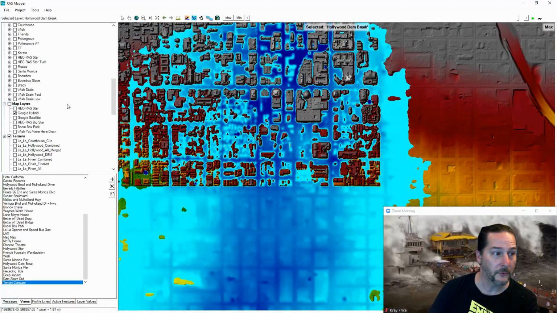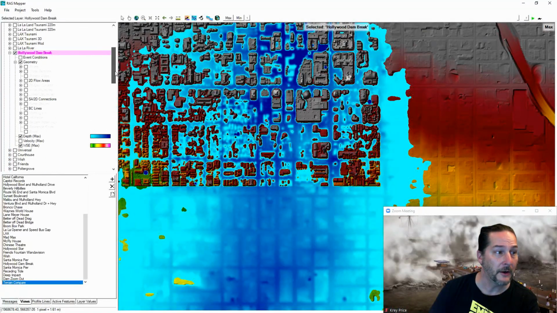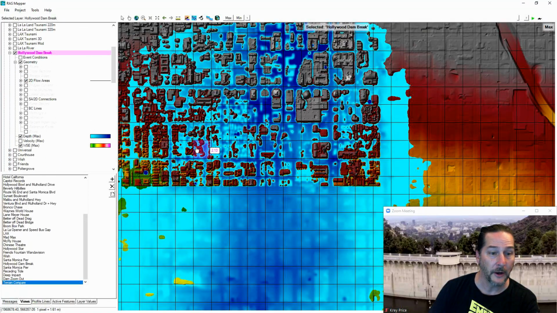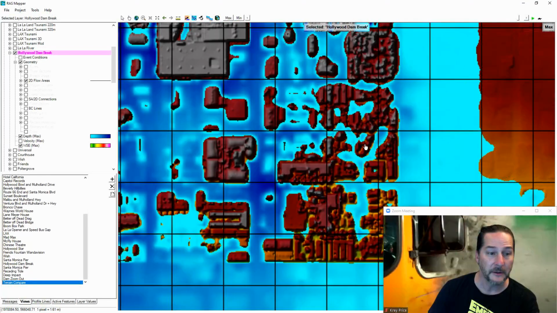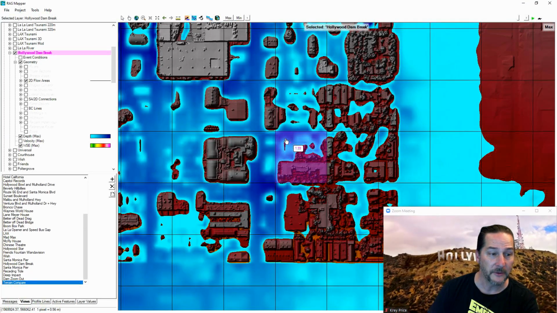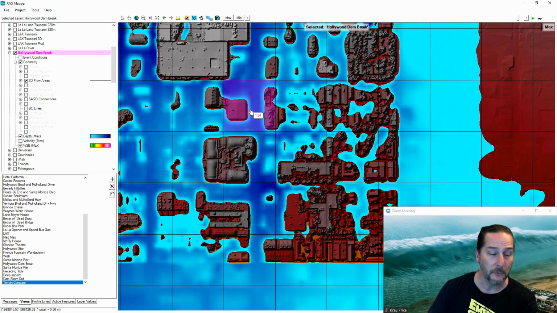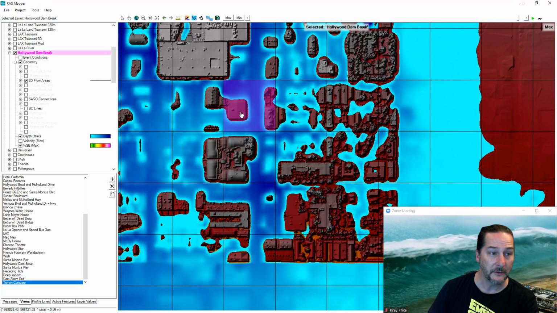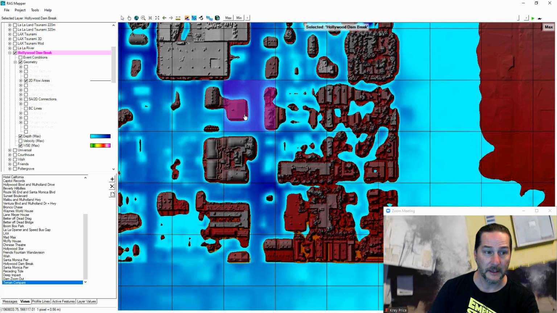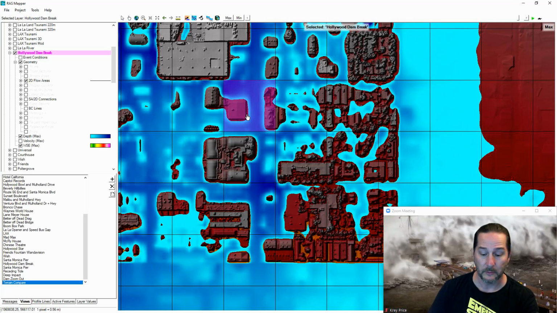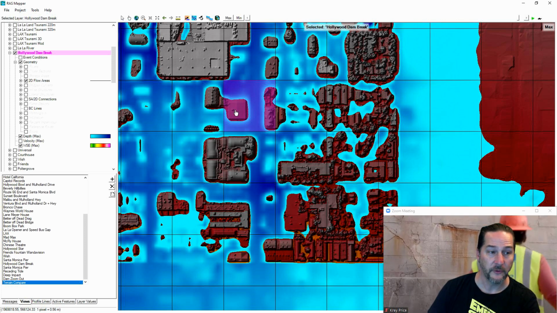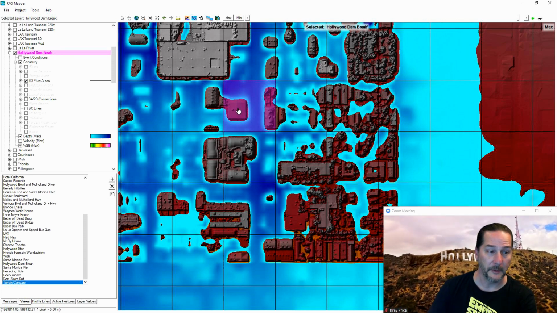In this case, I'll turn on my terrain layer only here and then turn on my 2D flow area. And you can see that any building that doesn't line up with this, the flow is going to be able to go right through it. Now, volume-wise, it will be displaced, but this building here is not going to block any flow. So don't double count your roughness. If you've increased your roughness to accommodate these buildings,